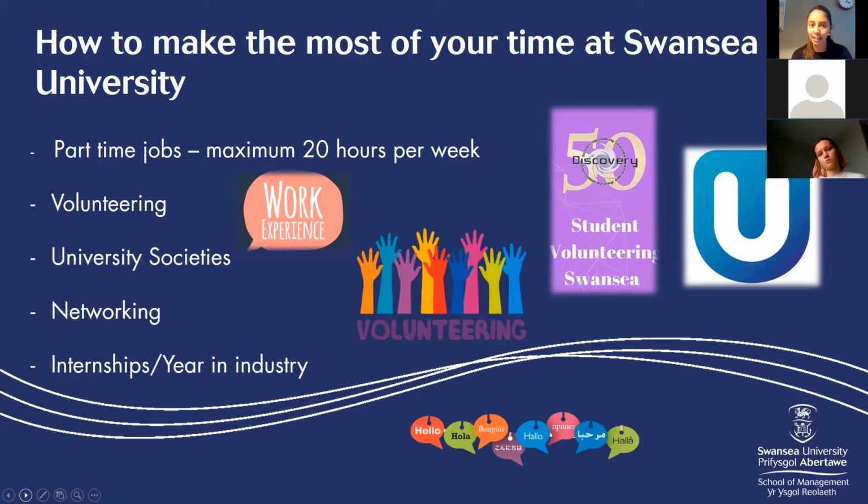Volunteering is a great way to develop your skills and your confidence, as well as getting involved in Swansea's community, so outside of the university. We've got a charity within Swansea University called Discovery, and they are really, really amazing and a really good organisation to get involved with. So what I would do is, after this, have a look, type Discovery into the Swansea University website or look on LinkedIn, and you will see instructions on how you can sign up to